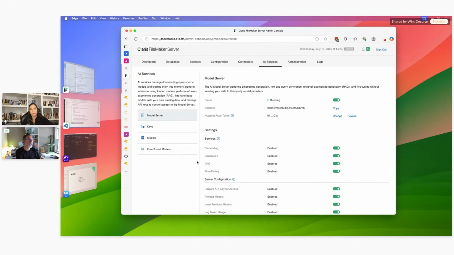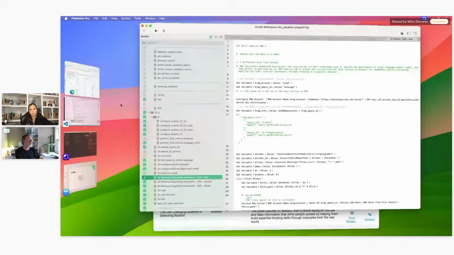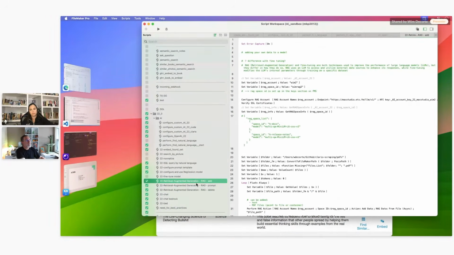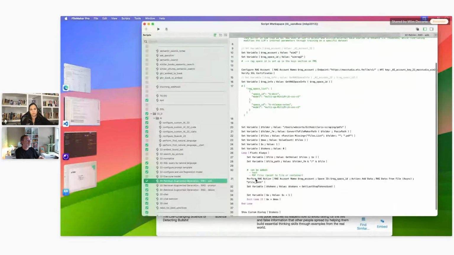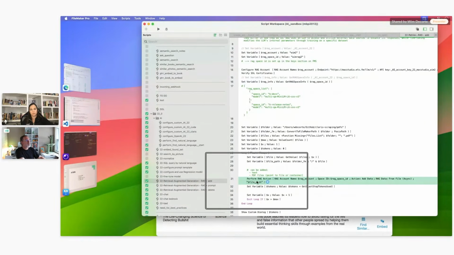So that's the context. What it looks like inside FileMaker is the first thing you'll need to do is add that data to the RAG model. Again, on the server side, it's basically just toggling that setting on and saying, yep, I want to use RAG. It's really that simple. In this case, I have the script step called Perform RAG Action.